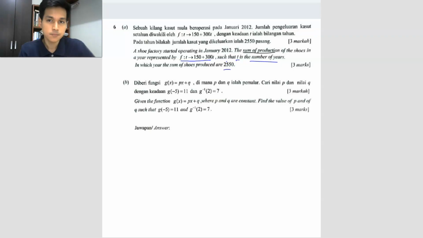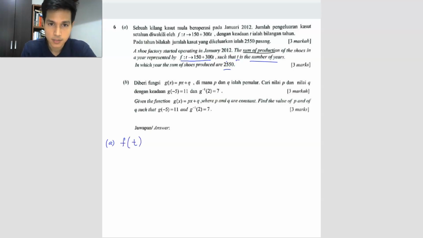So in what year? That means you want to find the t value. They gave you the f(t) function, the answer, but they want you to find the t value. So okay, let's do it here. They tell you the sum of shoes produced is 2550. So that means